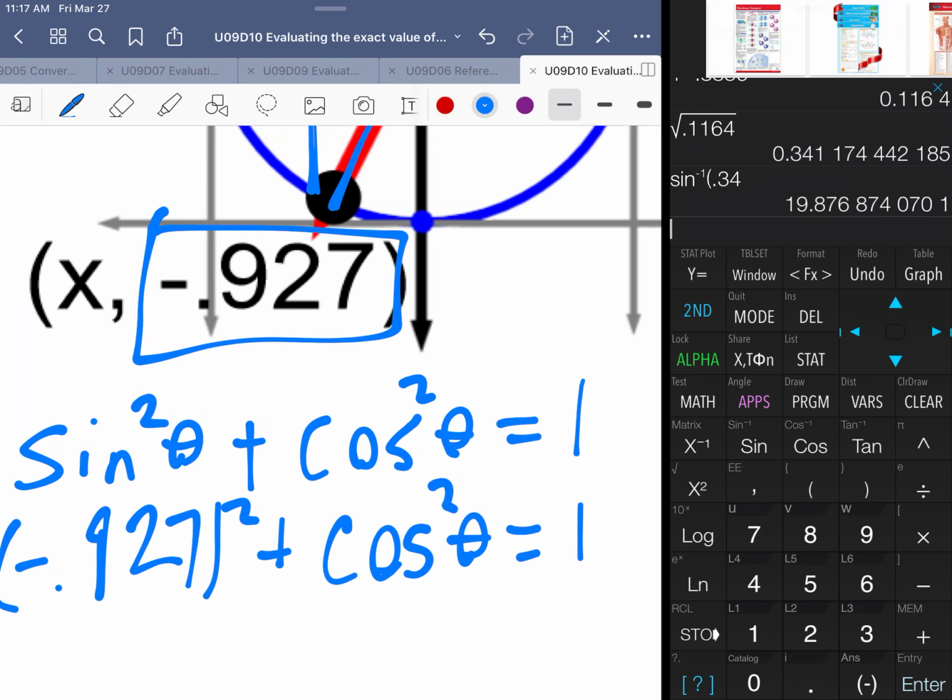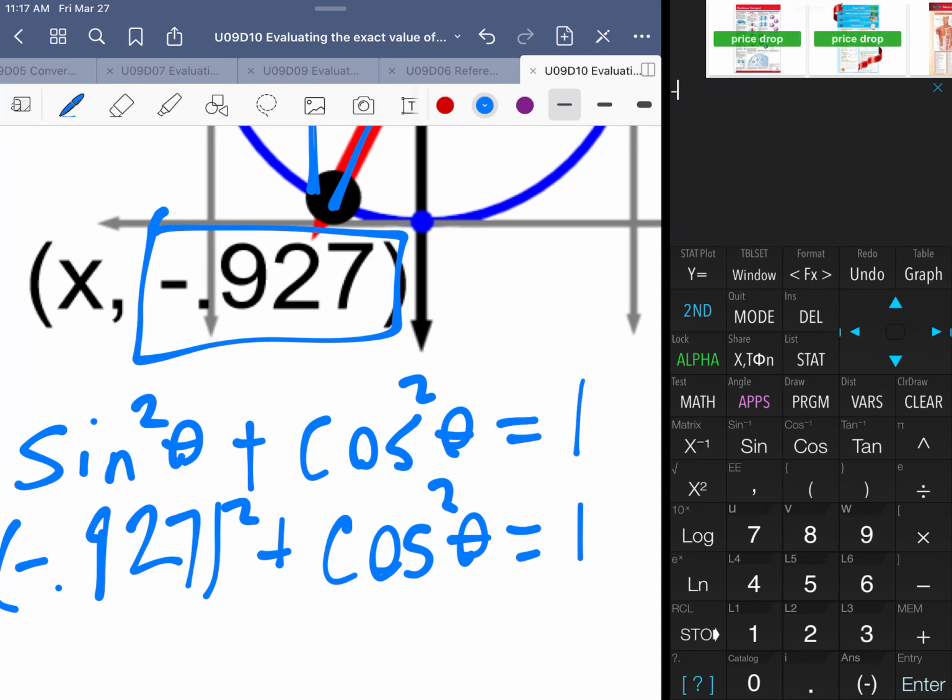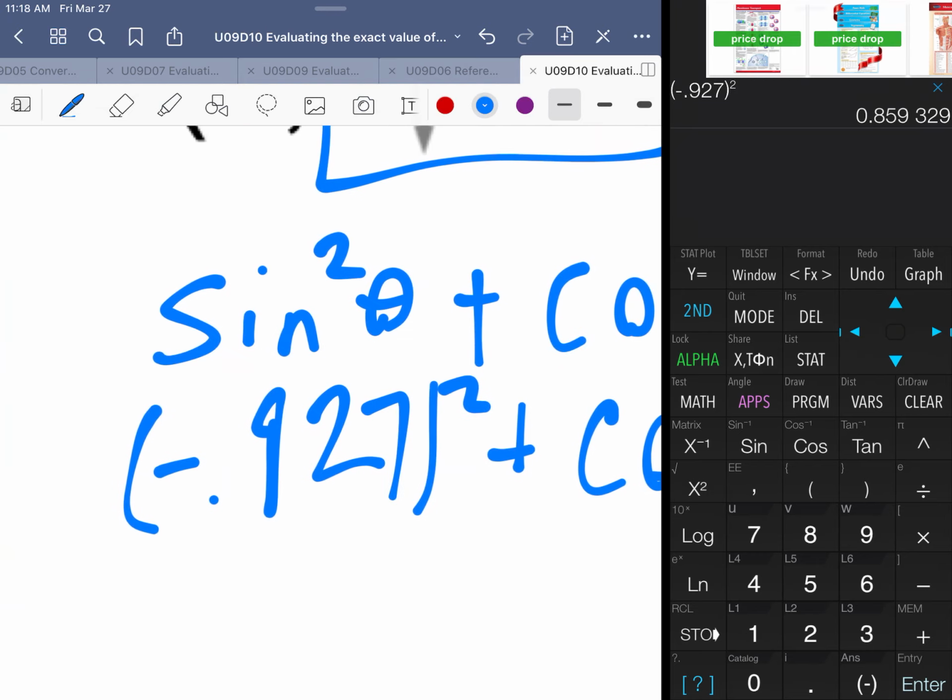So we're going to do negative 0.927 squared on a calculator. Is equal to, oh, I made a mistake. When you do a negative, you have to put it in parentheses. So we're doing parentheses negative 0.927 squared. Another sign that I made an error there was that I know if I square a number, I should get a positive, and it gave me a negative. So we should get